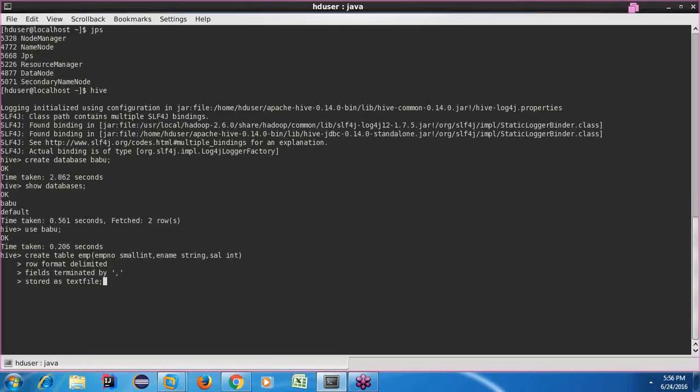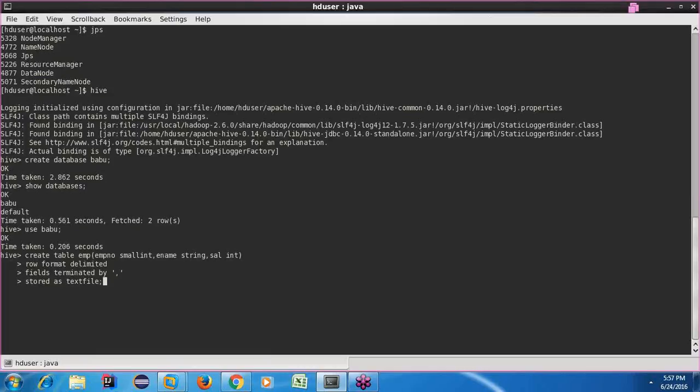As we have discussed, we have several file formats, just like in MapReduce. Here as well, you can have many file types. Text file is the default file type we use. Going ahead, after a few classes, we'll surely discuss some advanced file formats which people actually use in the real world.